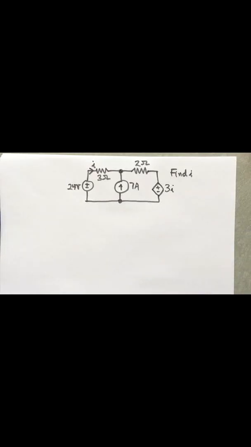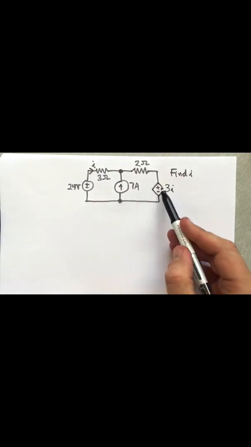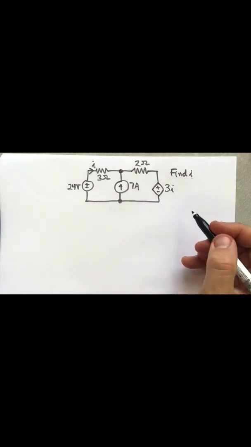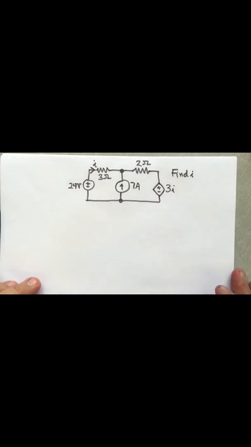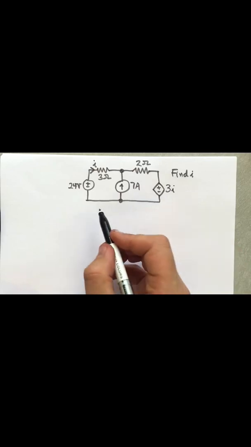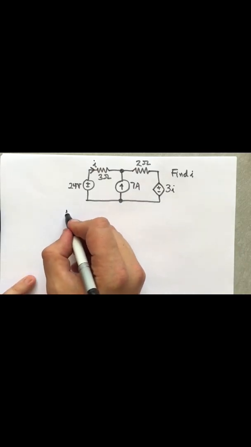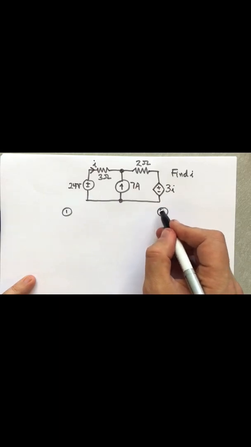Okay, I want to do this superposition example with a dependent source. This is a current controlled voltage source in this circuit, and we have to find I. So we're going to use superposition, but we are not going to turn the dependent source off in this example. So how we're going to do that is divide it into two subproblems, and then we'll combine them at the